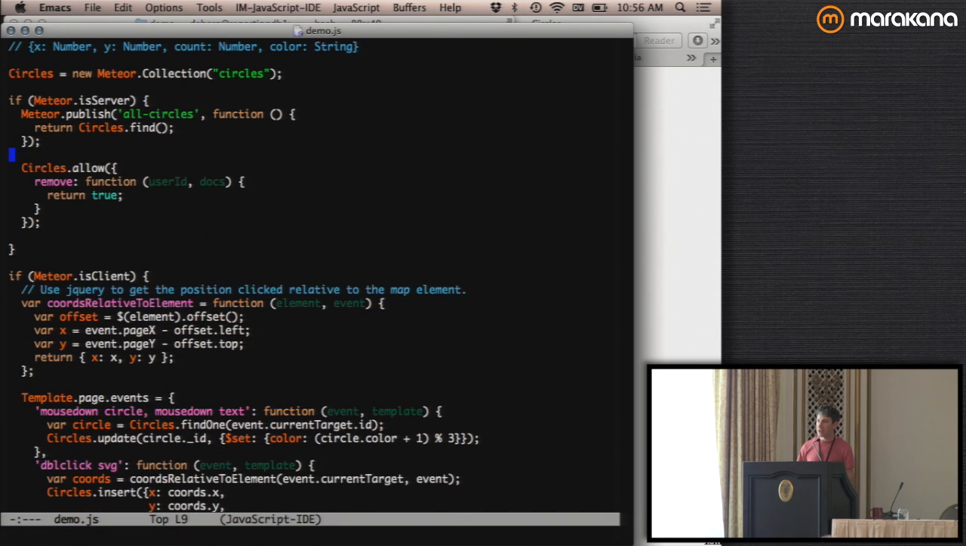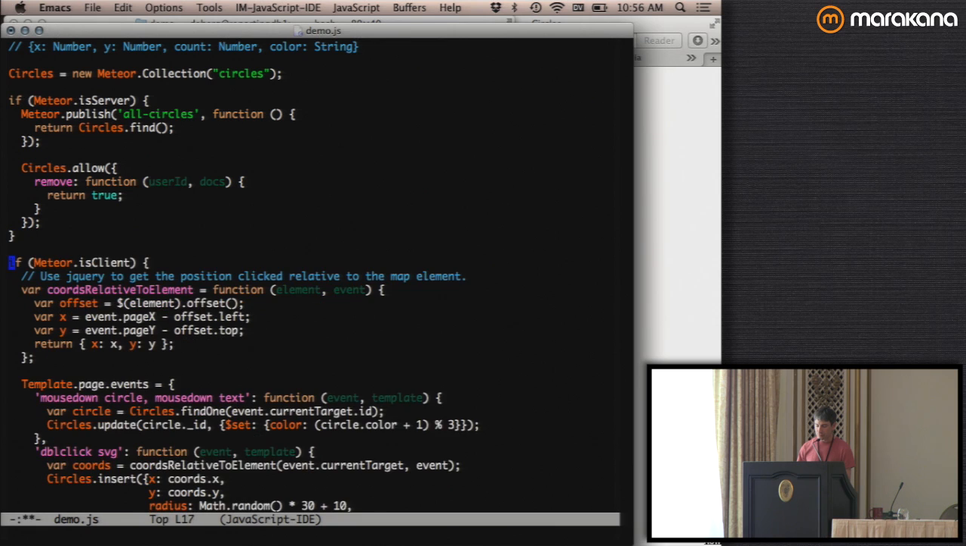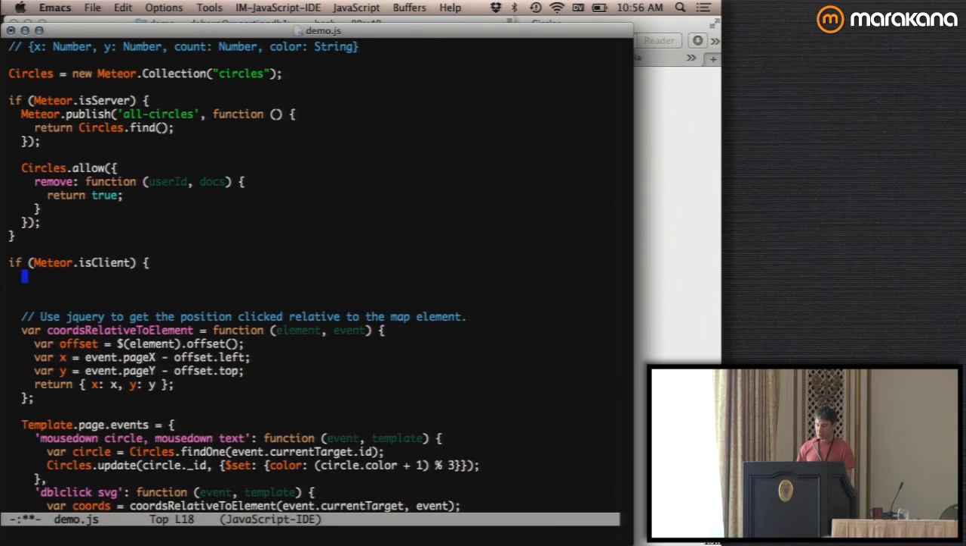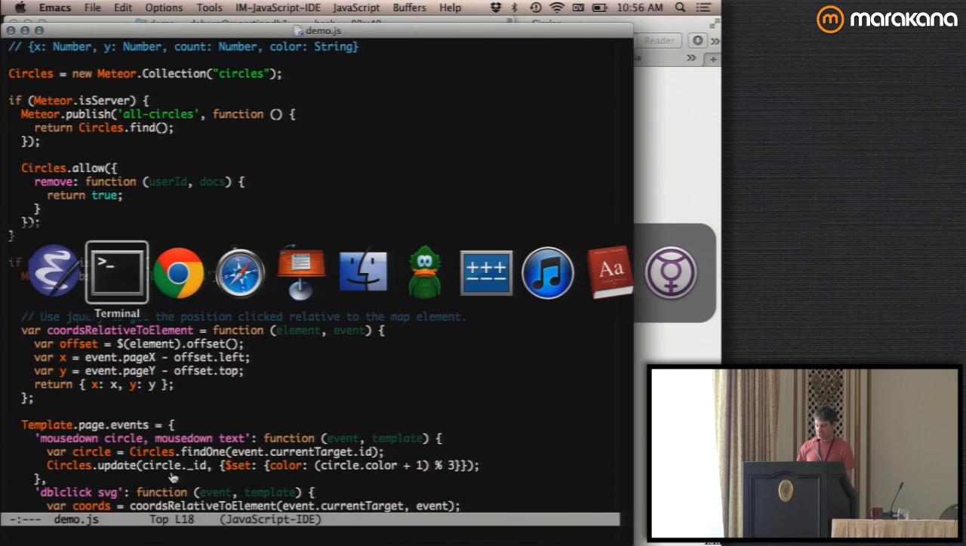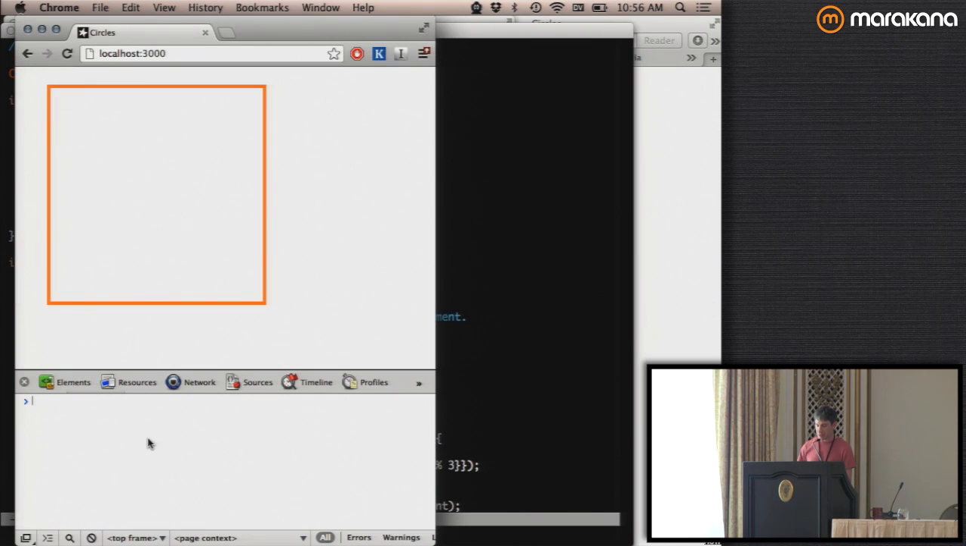And so now I've defined a document set, right? An endpoint that a client can connect to retrieve some data. And it has a name which is all circles. And then on the client, I'm just going to subscribe to that. So I do Meteor.subscribe, all circles. And if I save that, that should put me back where I was. I actually don't think I have any circles in the database, so let's,